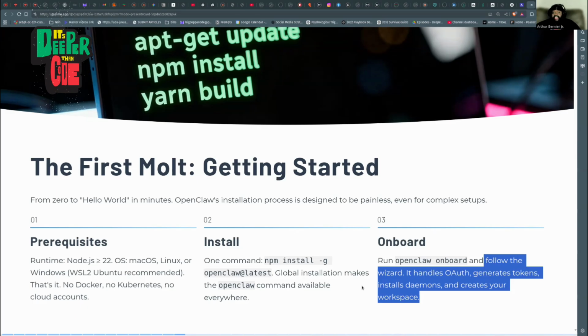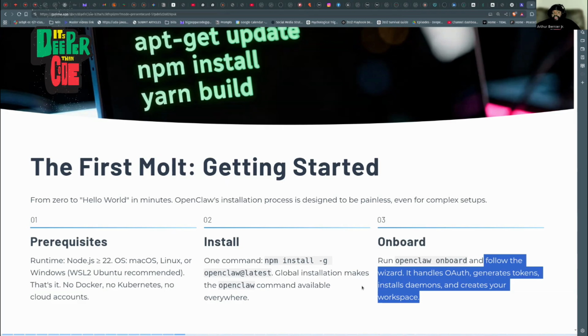By default, at minimum, you're going to need to have either an account on Anthropic, so you can use Claude, or you're going to want to have an OpenAI account. You're going to need to be able to generate API keys, and you're going to have to give it your API key, and you'll have to do that in order to connect which way you want to talk to the bot. So it's really easy to do WhatsApp.